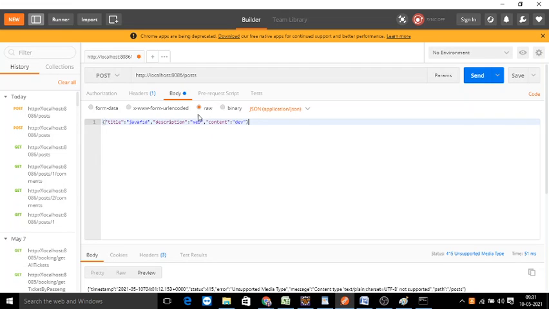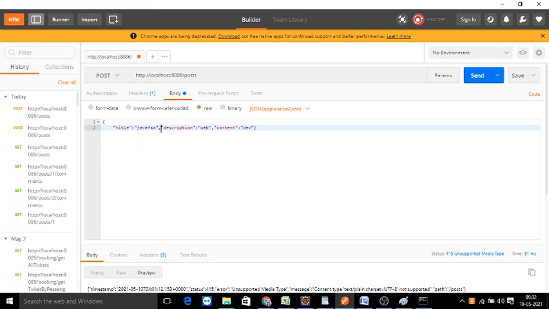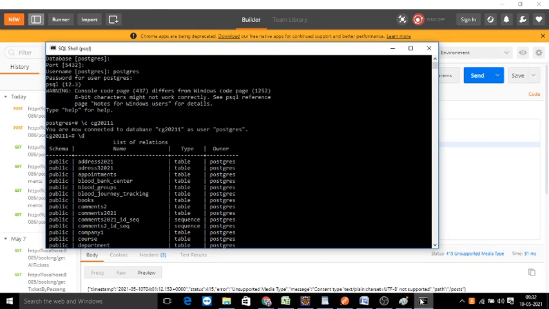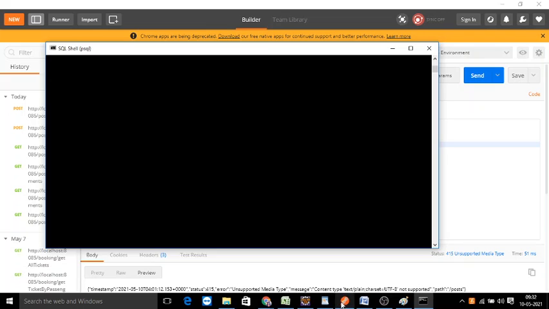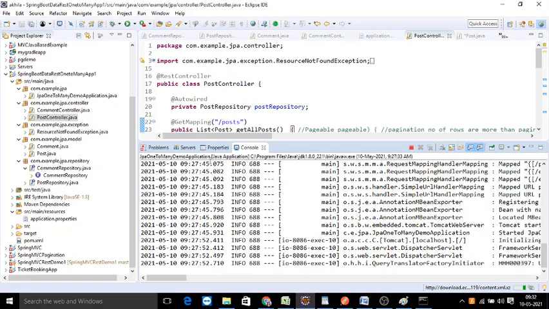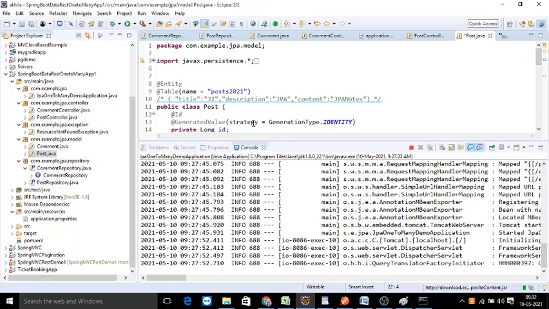Post body: title, description, content. And we have the post ID auto generated.